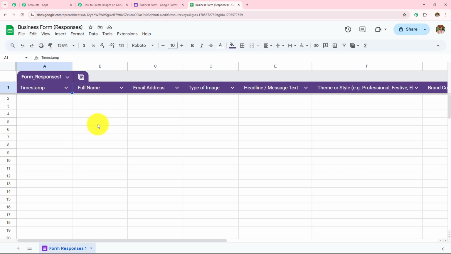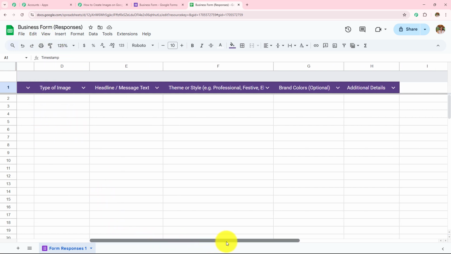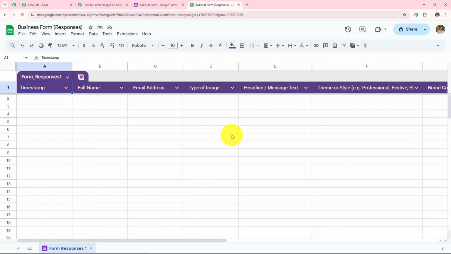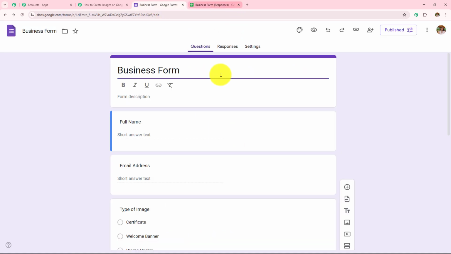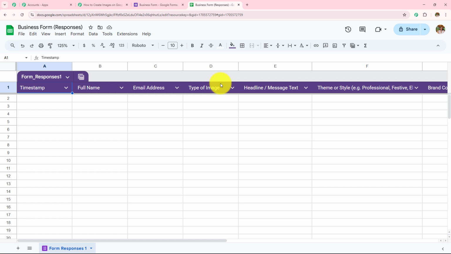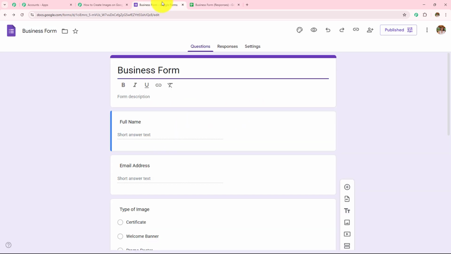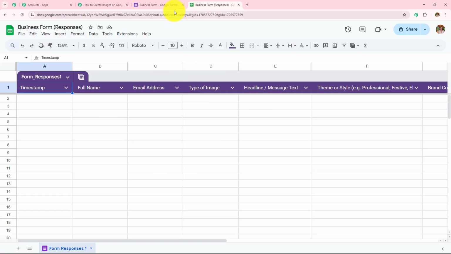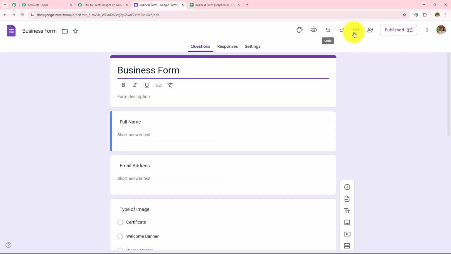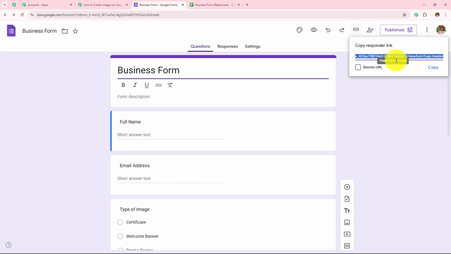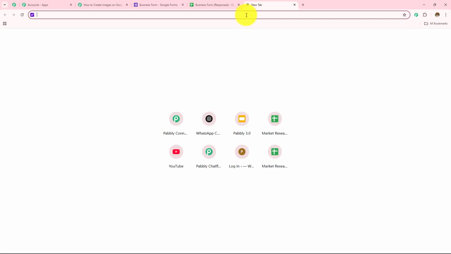And here you can see all the fields which I have in my Google Form are appearing here. So this means Google Forms and Google Sheets spreadsheet are connected, and now to check this, once we do the form submission, if we capture that response in this particular spreadsheet, then this means this particular Google Form is connected with my particular Google Sheet spreadsheet. Now to do the form submission, I have to click on this copy respondent link, and I am going to open this in a new tab.